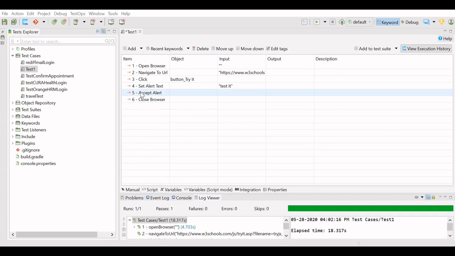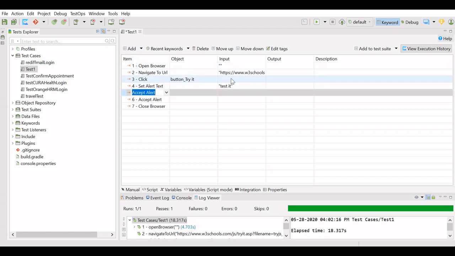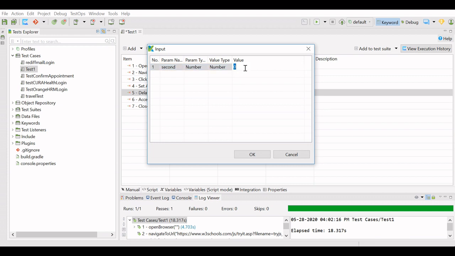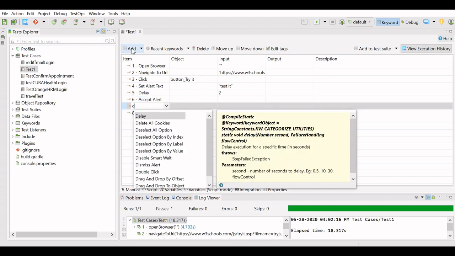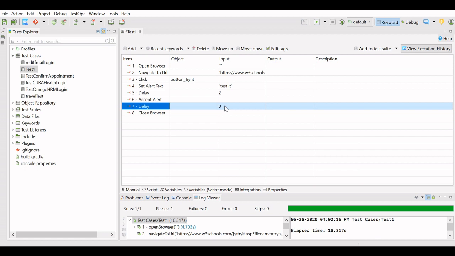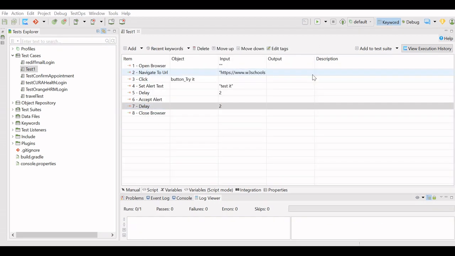It executed very fast. I will add a delay over here for 2 seconds after accepting the alert, and we will execute it again.